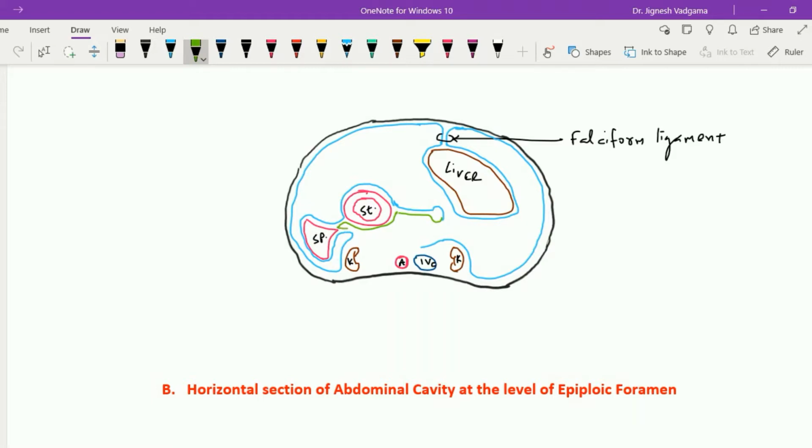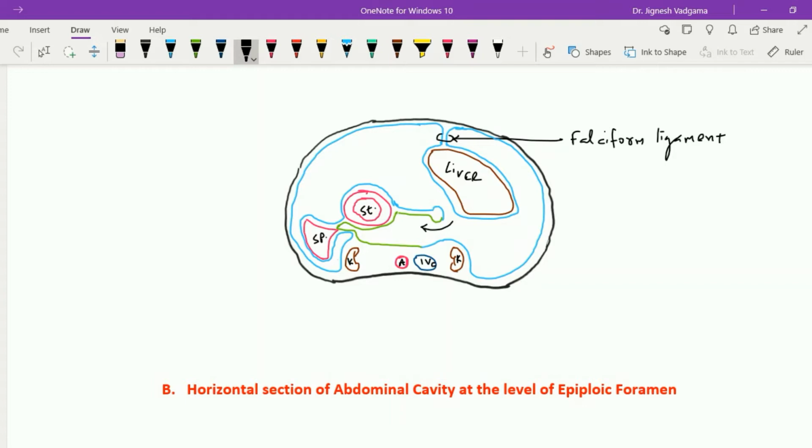where it is going to continue as the anterior layer of the lienorenal ligament and cover the posterior abdominal wall to continue with the layer of the greater sac. So this greenish area is the lesser sac, and the cavity present within this bluish area is the greater sac. The communication between these two is the epiploic foramen,